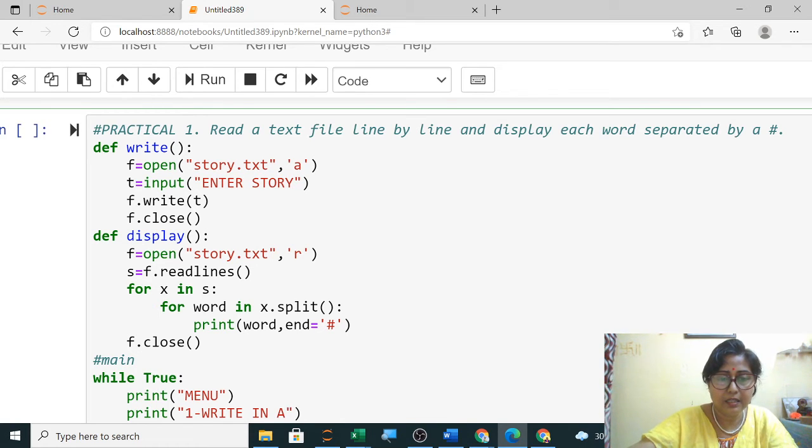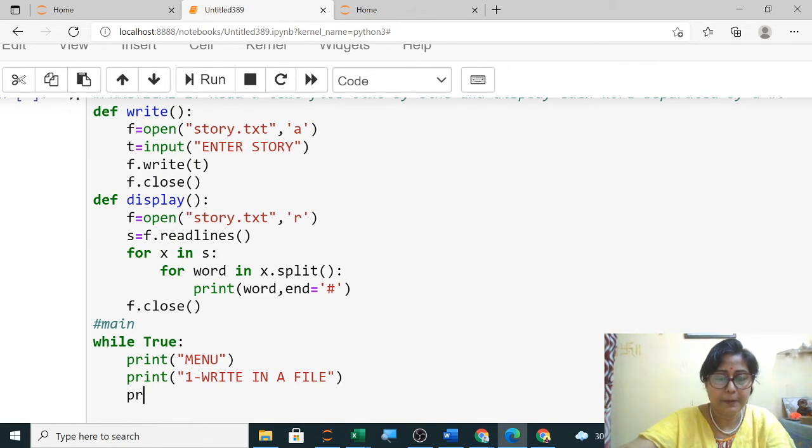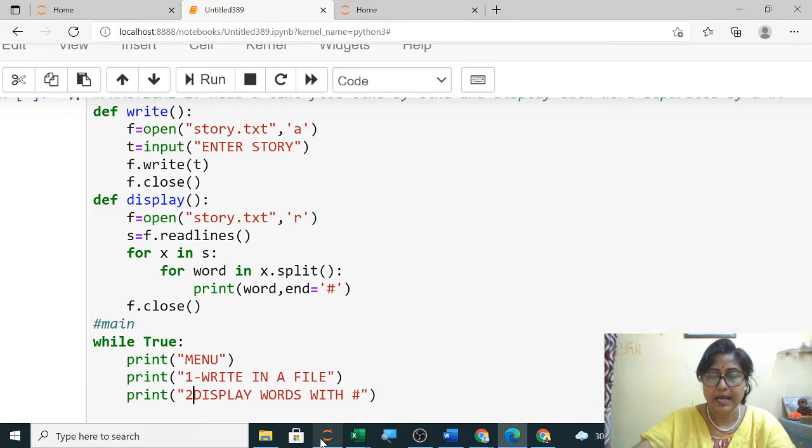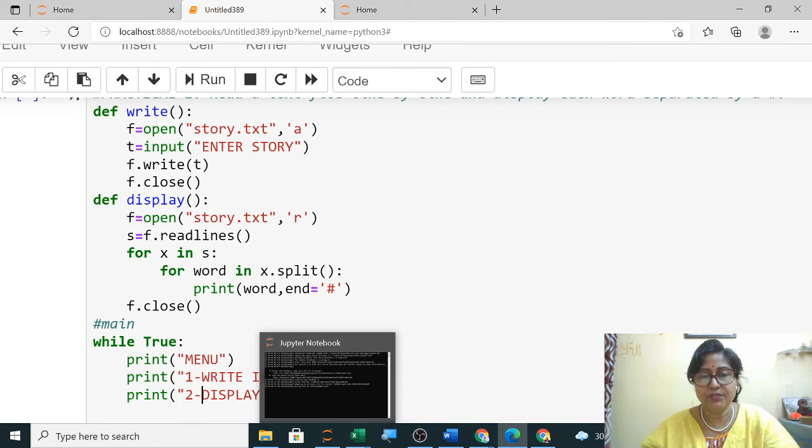The second one will be display the words separated by a hash. So this is your task. And the third menu can be your exit if you want.